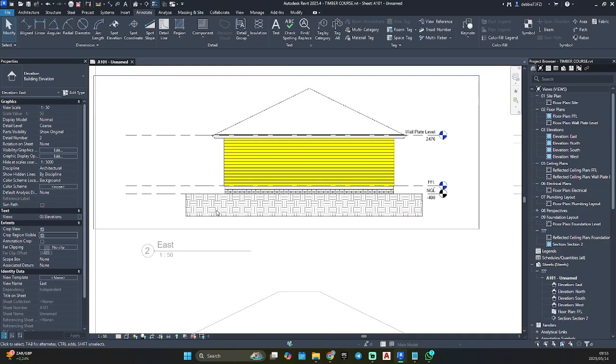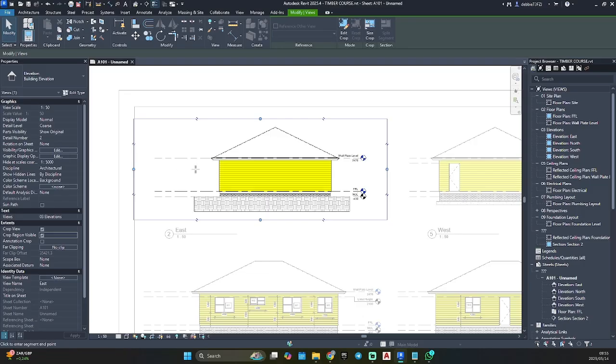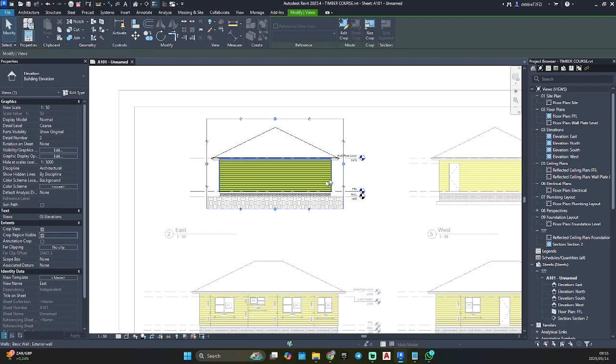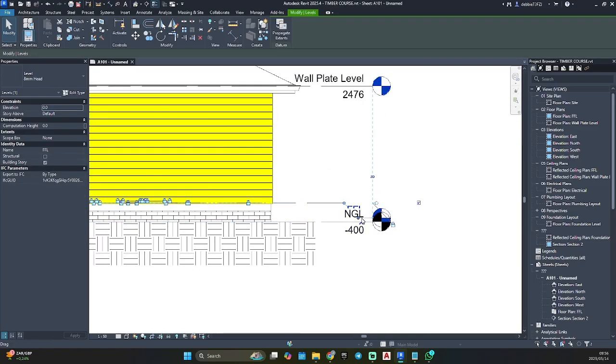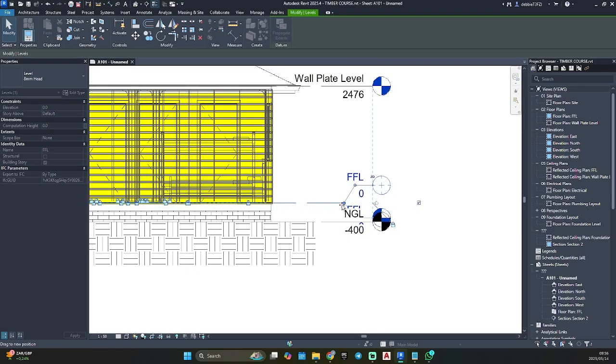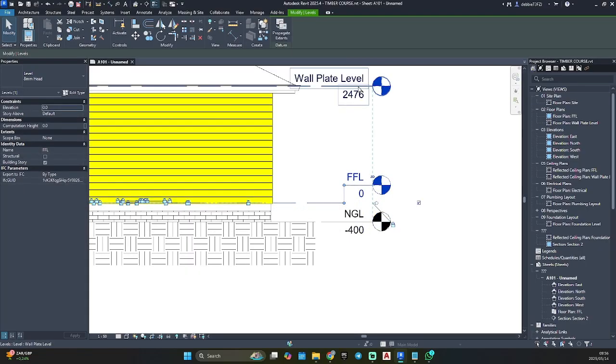Then I'm gonna go crop region. Crop region not visible. And let's make our level lines look pretty.